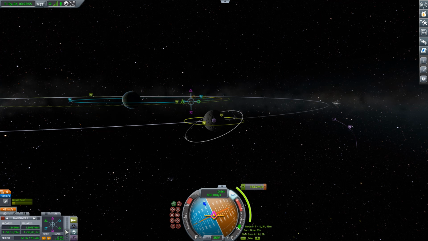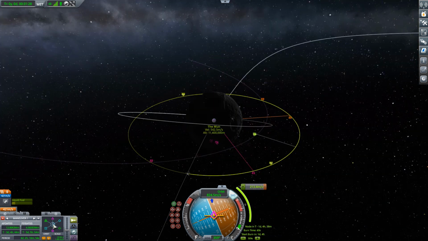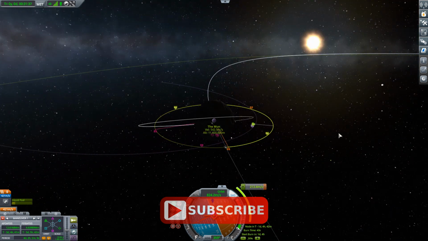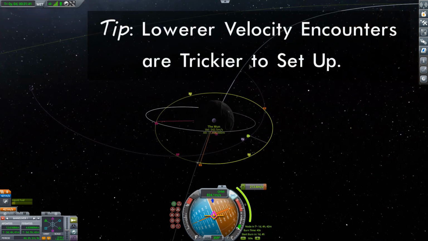Again, this takes a little bit of playing around, but the goal of all of this is bringing it in closer, to get your closest approach, your periapsis, to just be touching your target orbit. And again, expect to be playing around with this a little bit more than what you're probably used to with your moon transfer,